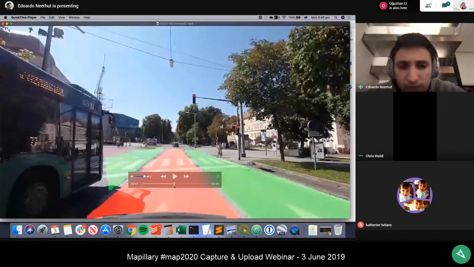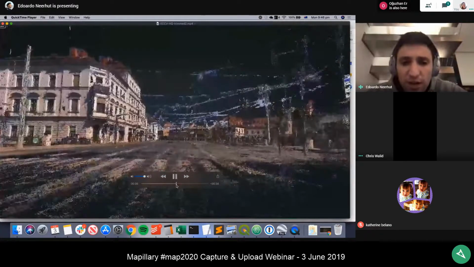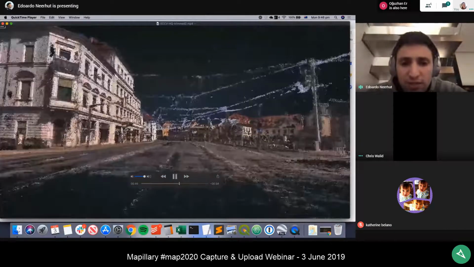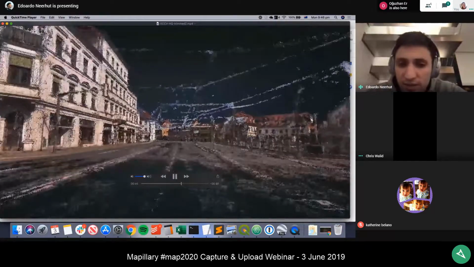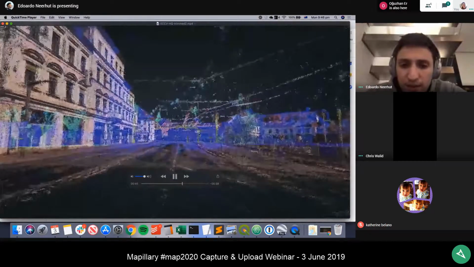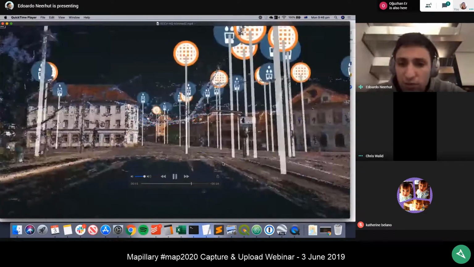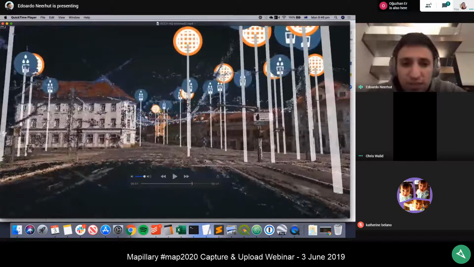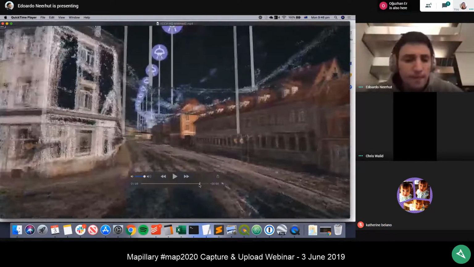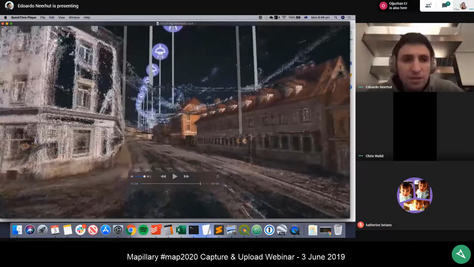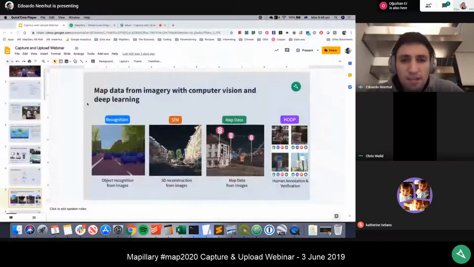And this is made possible through this 3D reconstruction that is created on every image. And the more imagery we get into the network, the better we are able to create this 3D reconstruction. And that means that we can place different types of objects in 3D space. So things like a crosswalk and position it here, different drinking fountains, all sorts of things. So you don't need to worry too much about that just yet, but I think it sets the stage in terms of the imagery that you're collecting and why it's valuable.